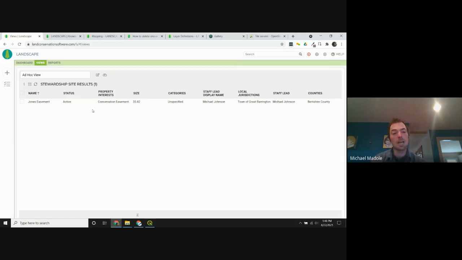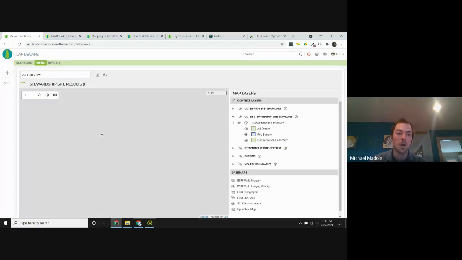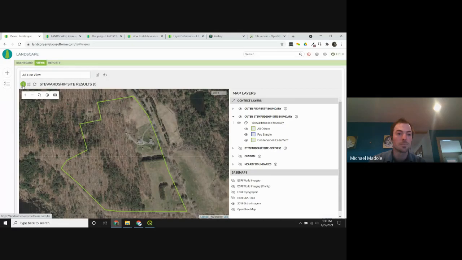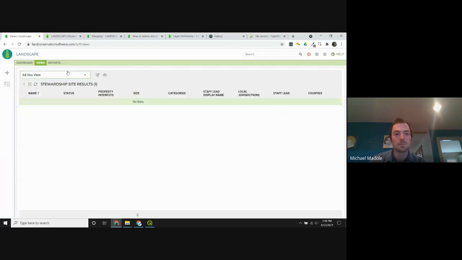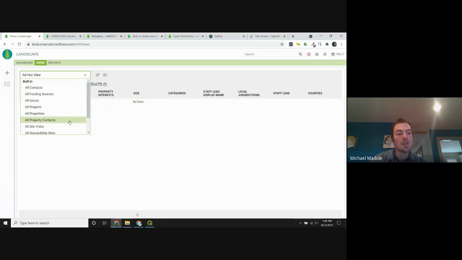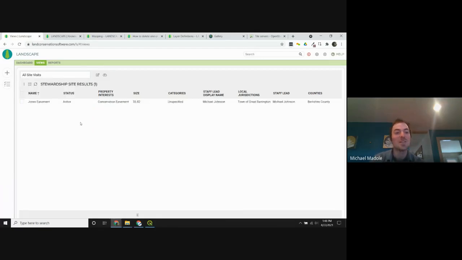And so now we've queried out and we're just showing our conservation easements. And so now our map will respect that as well, and it will just show us our conservation easement. The other neat thing that this can do is I showed you that